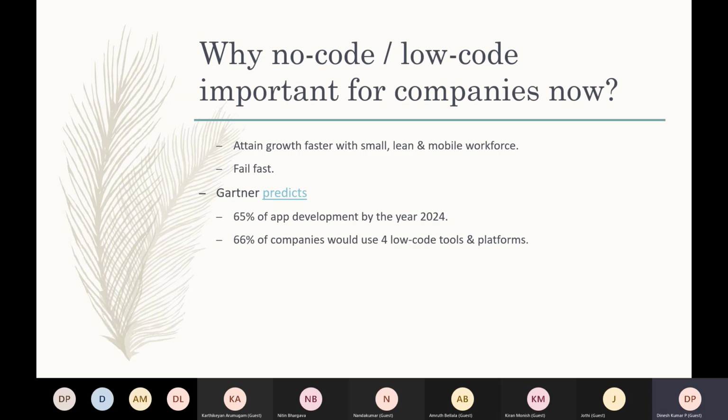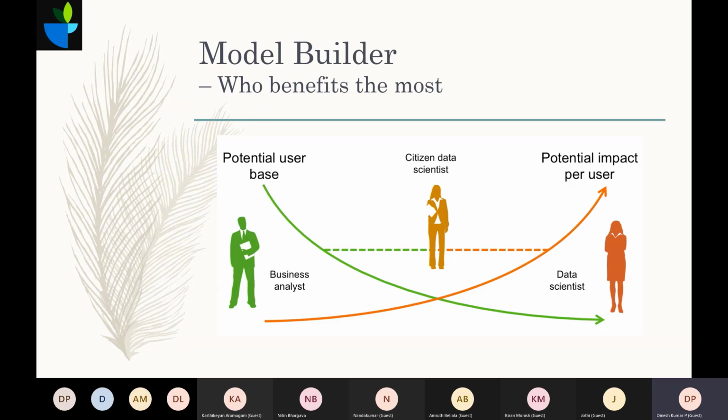And here are some simple predictions: 65% of app development will be no code and low code, and 66% of companies will be using four low code tools or platforms. That's what the prediction says, and this could be self-explanatory. I already mentioned the term citizen data scientist, and just imagine this person is Kiran. A business analyst would be pretty much an expert in the data, the user base or the domain. The data scientist would be an expert in the other area, like algorithms, statistics, the formulas, and all those things. But